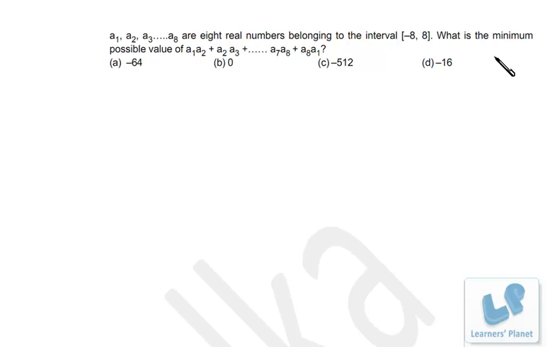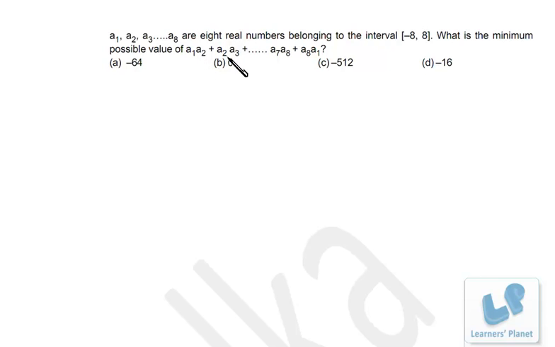Right? Now we have to find out the minimum possible value of this expression. So among the options, if we can take a clue, the options are multiples of 8 and we have one option as 0. Now we have to see whether we can achieve a negative value of this expression or not, right? Now suppose I take a1 and a2 as 8 and minus 8. One of them is 8 and the other is minus 8. So I'll be able to get a negative value. So if a negative value can be achieved, then 0 is already eliminated. Now the least negative value which can be achieved from this addition is what?